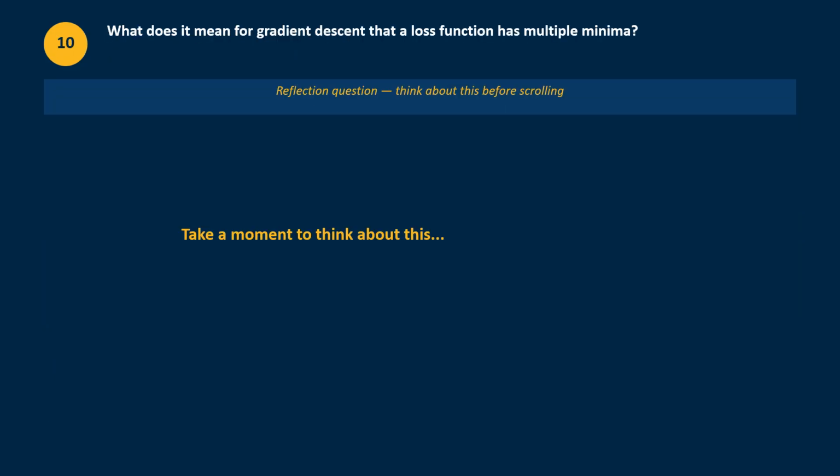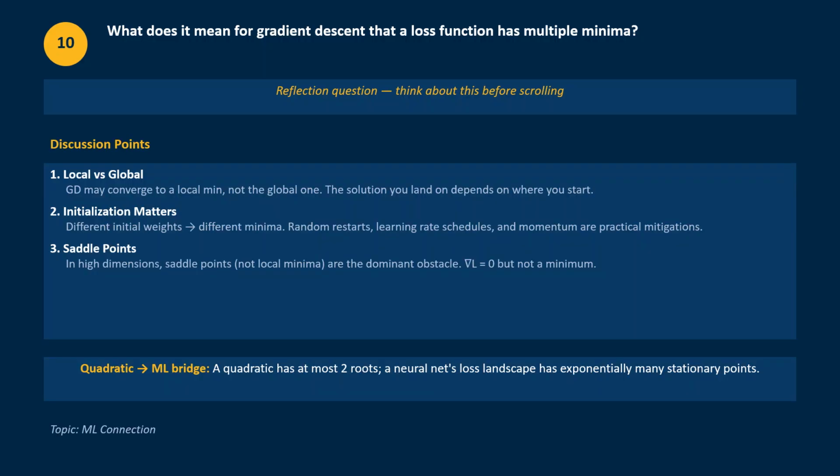Question 10. This is a reflection question. In machine learning, what does it mean for gradient descent when a loss function has multiple minima? Take a moment to think about this and formulate your answer. Pause the video. When a loss function has multiple minima, gradient descent can converge to different solutions depending on where